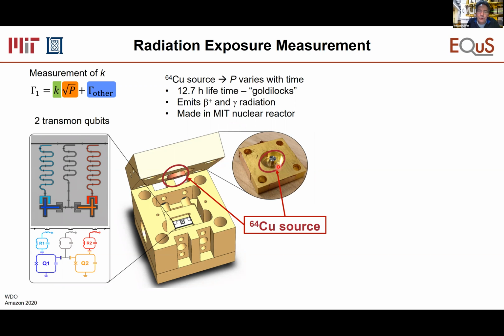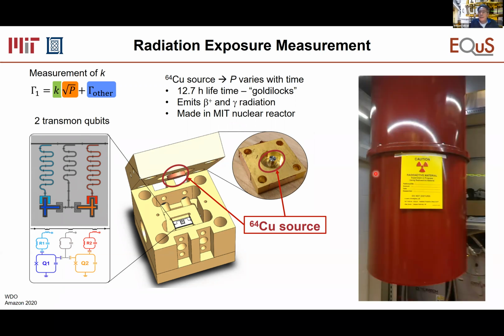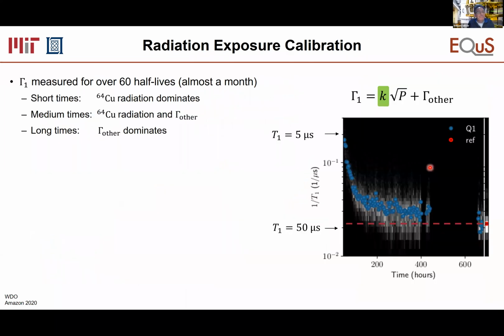So that's where this copper-64 source was placed. It then goes in our dilution refrigerator. It's not very radioactive, but of course, to be safe, we took some safety training courses and labeled the dilution refrigerator as such. So this allowed us to basically do calibration. We measured the decay rate 1 over T1 over about 60 half-lives, just about a month